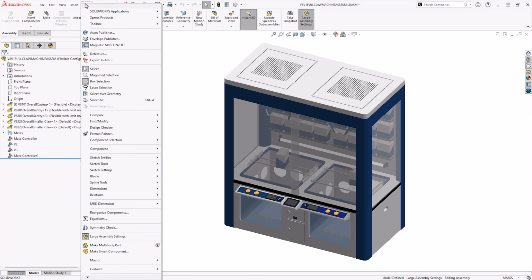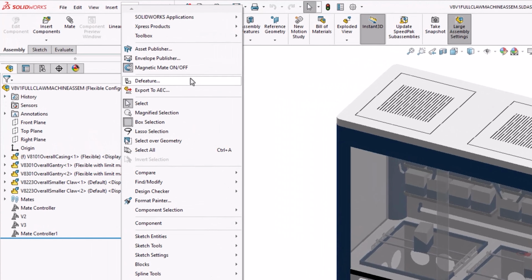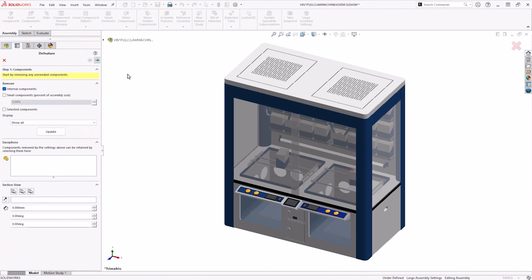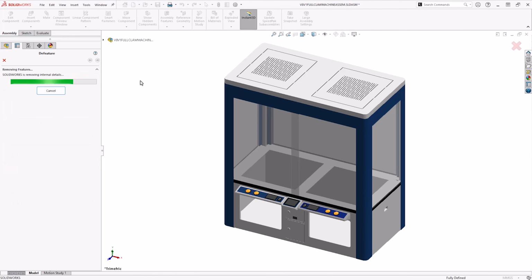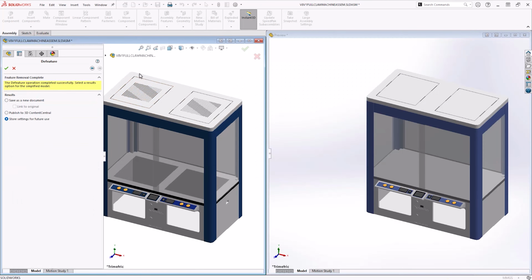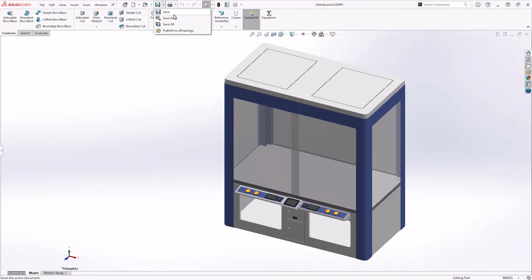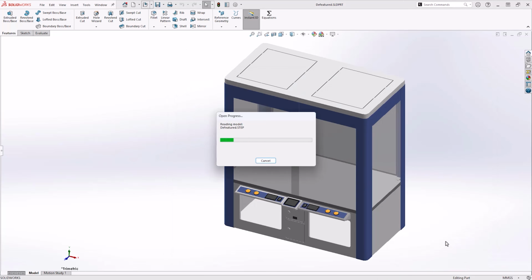Alternatively, we may need to send a static representation of an assembly with reduced detail to hide intellectual property. The Defeature tool can be used to create a new, simplified version of a model. We can then deliberately export into a neutral file format such as STEP to further separate it from the original. Since the customer may only need the file for a larger assembly, they should only need external faces and overall dimensions for mating.